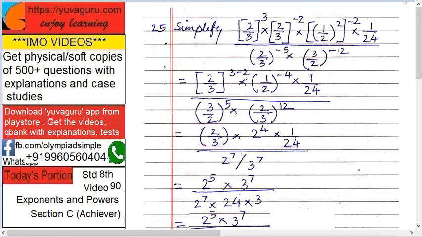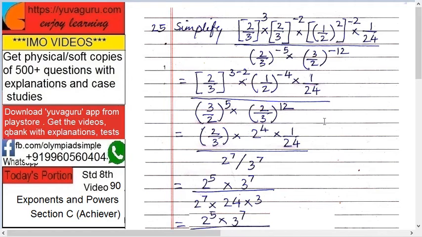Okay. Now keep the denominator for some time as it is. Check only the numerator. What is it? 2 raised to 2 upon 3 into 2 raised to 4. So 2 raised to 4 into 2 is what? 2 raised to 5. Okay. And 24 and 3, keep it as it is for now. Now let's solve numerator and denominator together. So 2 raised to 5 into 3 raised to 7.